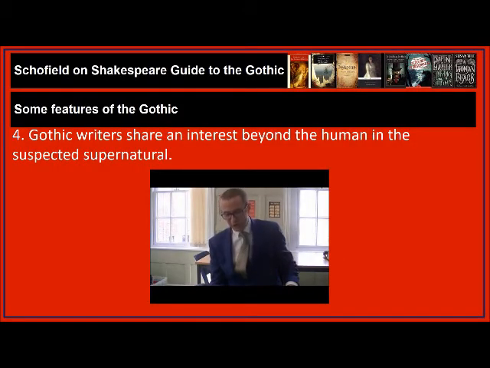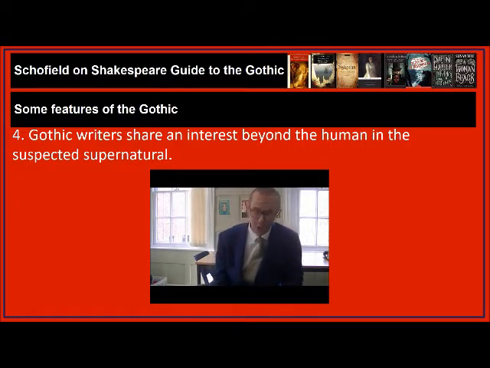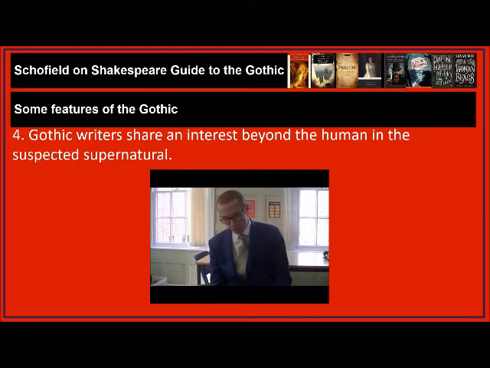Gothic writers share an interest beyond the human in the suspected supernatural. Whereas in Anne Radcliffe's The Mysteries of Udolpho, the supposedly supernatural events have rational explanations, the ghost in Susan Hill's 1983 novel, The Woman in Black, is real and causes the death of the narrator's wife and child. Describing the atmosphere within the haunted Eel Marsh house, within the chapter entitled Whistle and I'll Come to You, our narrator Kipps writes,